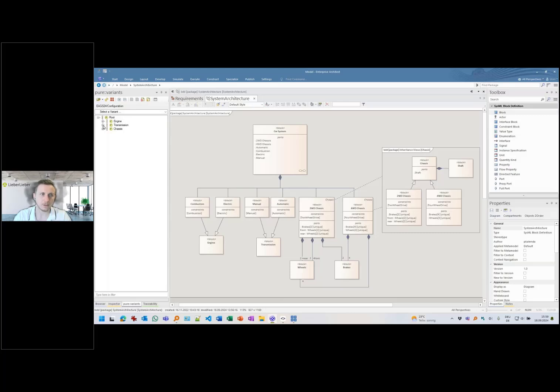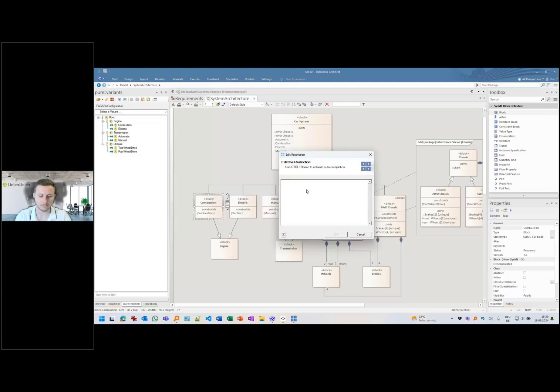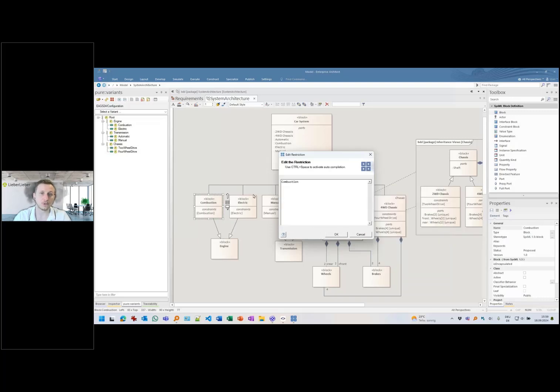I can see here we have my feature model available, and if I want to add a constraint to an element, I can do that. For example, here with specialized, then pure::variants, I can add a new constraint, and then I can use IntelliSense to see what are the available features. So this basically reads the pure::variants workspace, and then I could, for example, say this here is related to the combustion feature. I already added this constraint, but this is how you would define the feature constraint, so that